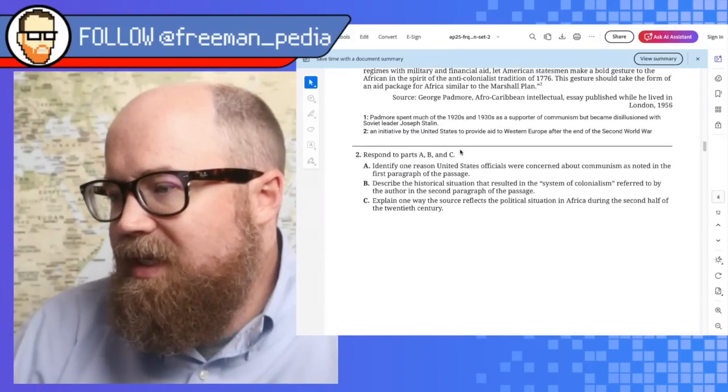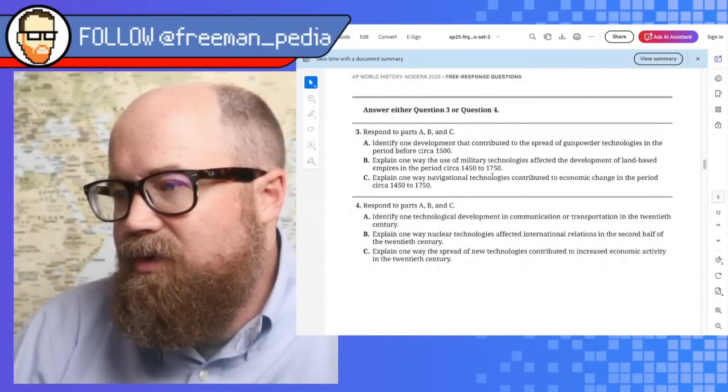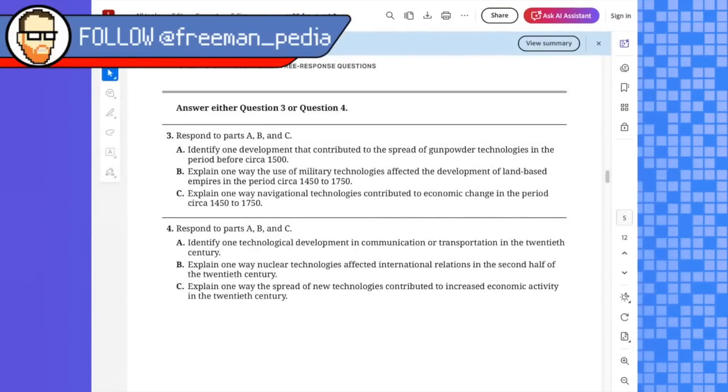Part C, all right, then you have a choice. Here's the choice. I'll blow it up for you. So what do you want to do here? Identify, gunpowder. That's Unit 3. I told you Unit 3 existed when I picked it for the DBQ. Explain one. So then you've got identify gunpowder because that's a gunpowder one. And you get to the bottom one, it's a Unit 9 one. So how do you want to do? What do you want to do?